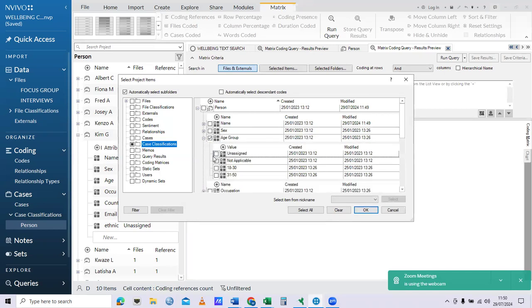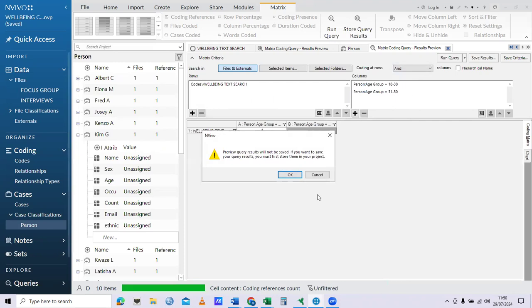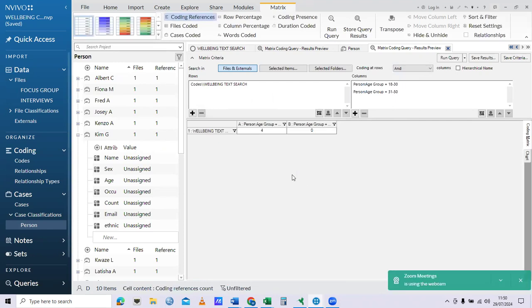And I've only got two age bands, but never mind. Okay, so that was not a very great example, but we've got two age groups here, 18 to 30 and